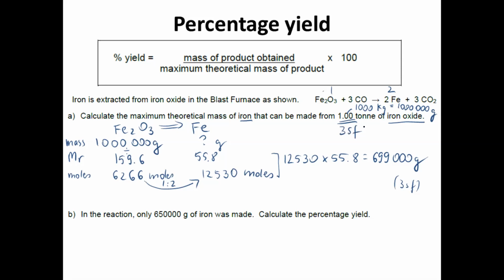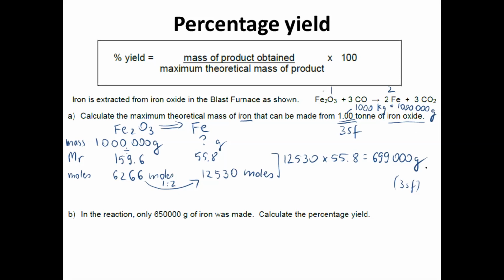Okay, so this is normally the first step. They hardly ever just ask you to work out the yield. That would be like a foundation GCSE question, not A-level question. So they're asking you to work out the, so this is maximal theoretical mass of iron. This is if I get exactly 1 ton, so 1,000,000 grams of Fe2O3, ideally, if everything goes absolutely right and none of those factors that we looked at in the previous page happen,